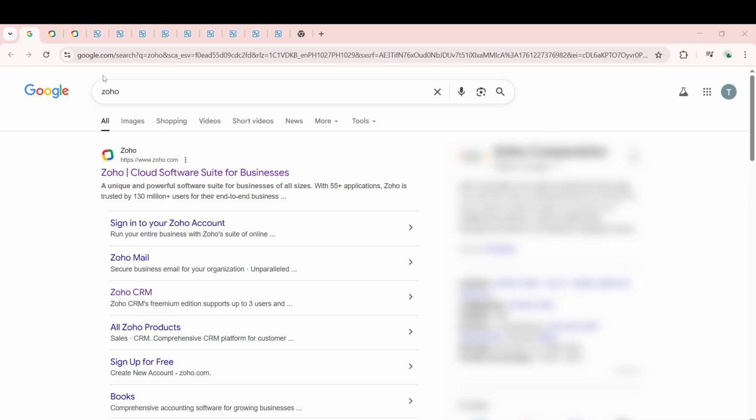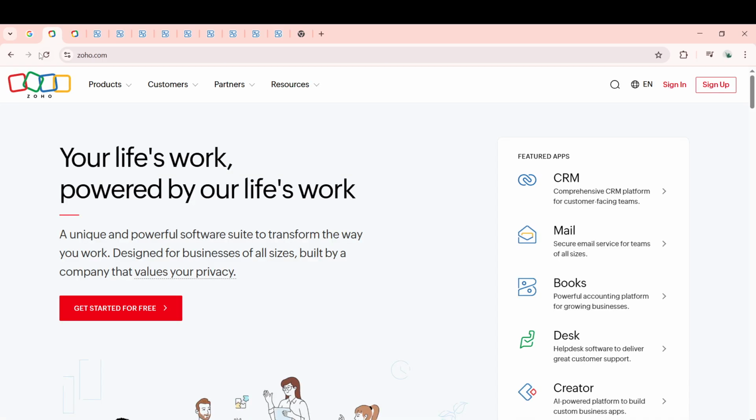It doesn't matter which one you prefer, Chrome, Firefox, Safari, they all work just fine. In the address bar, type in Zoho and initiate the search. Once your search results load, you'll want to click on the first link you see, or more preferably, the one that has zoho.com in its URL. This ensures you're directed to the official Zoho website, which is crucial for accessing the right functionalities and maintaining your